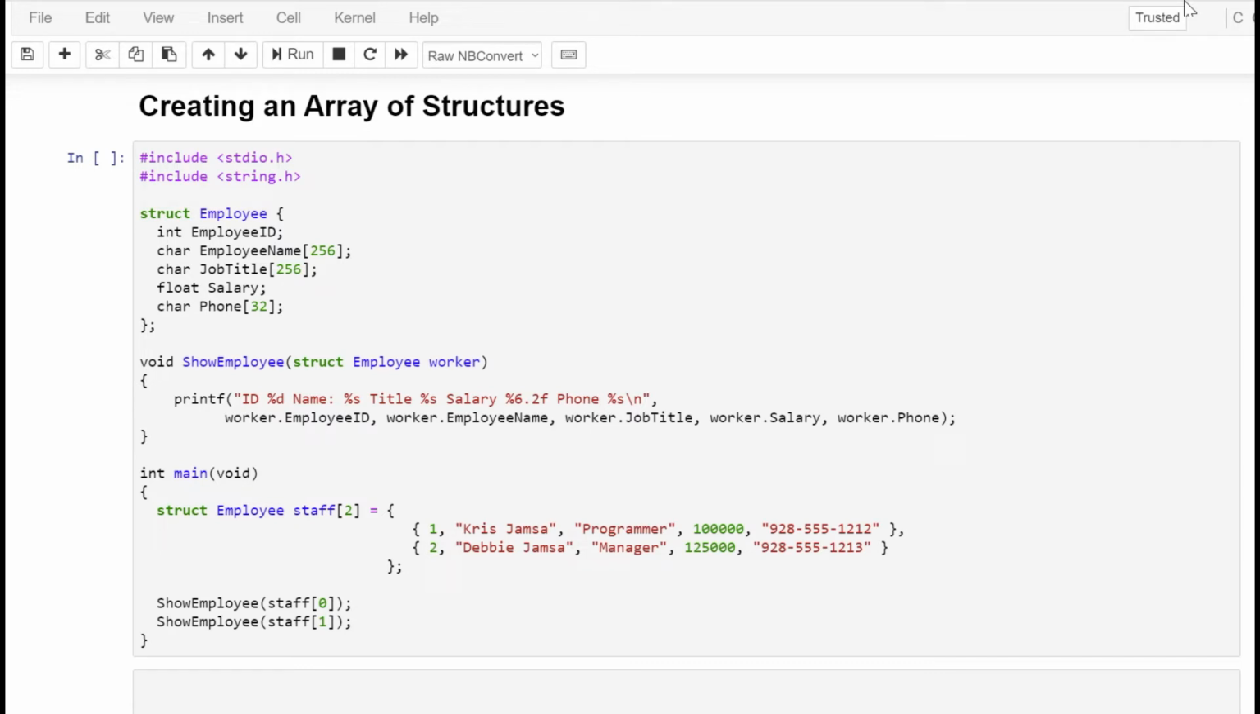And we're using the structure employee to create an array called staff. It's got two elements, and we're actually initializing those elements at declaration. So you can see that because we've got an array, we've got two sets of braces: the outer brace to define an array element, and then the inner braces that are defining each one of the array